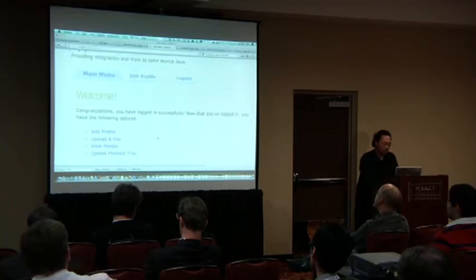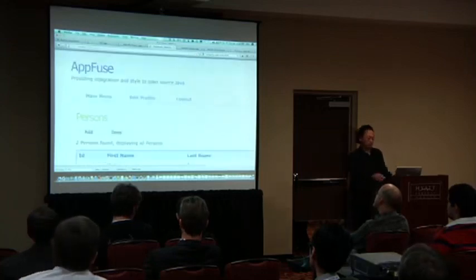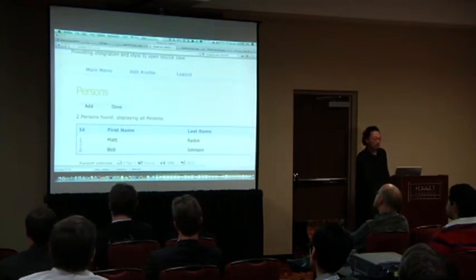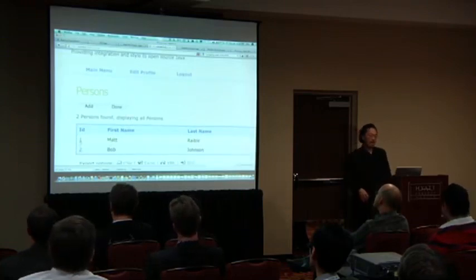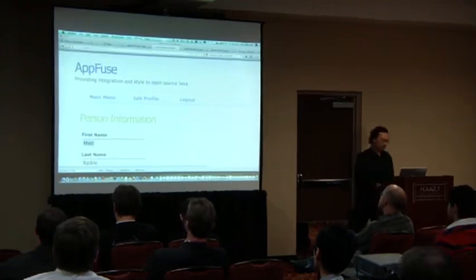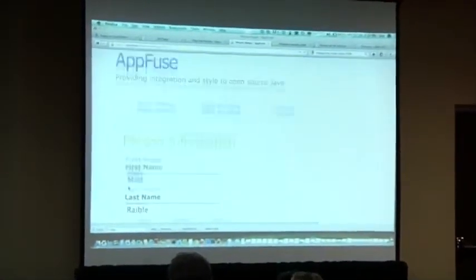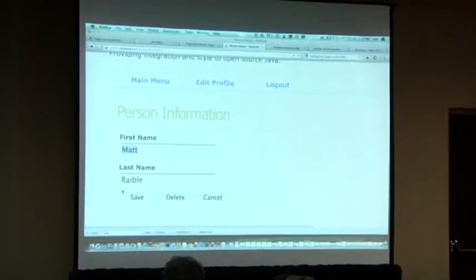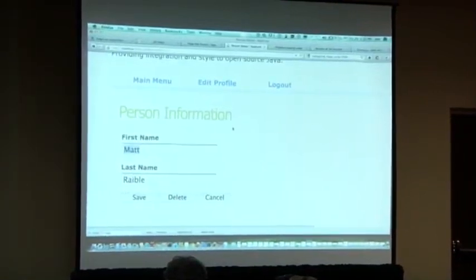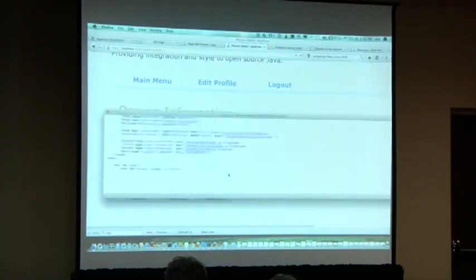All right, so what we're going to do is we're going to view people. Okay, that's the person object. And you see how here, this is a sample app called AppViews, created by a great guy, Matt Rabel. He's really great. Now, what we're going to do is, if you look at the source of this page, what you're going to see is,